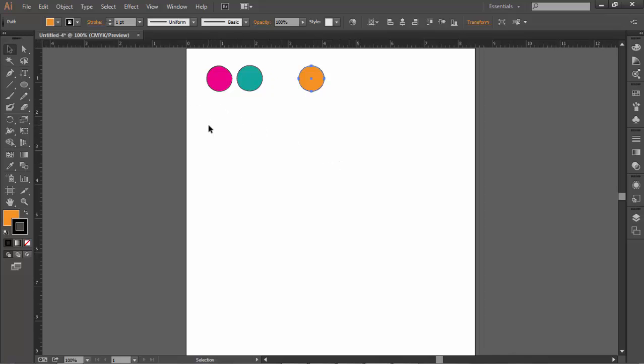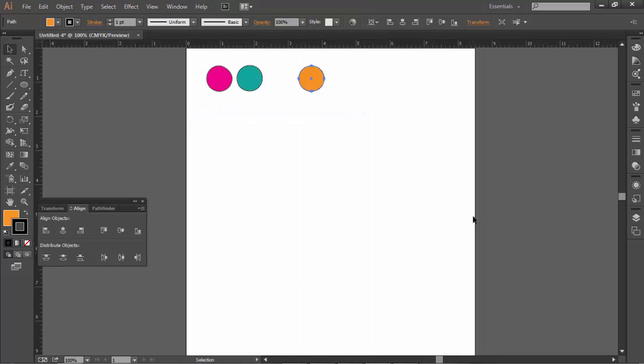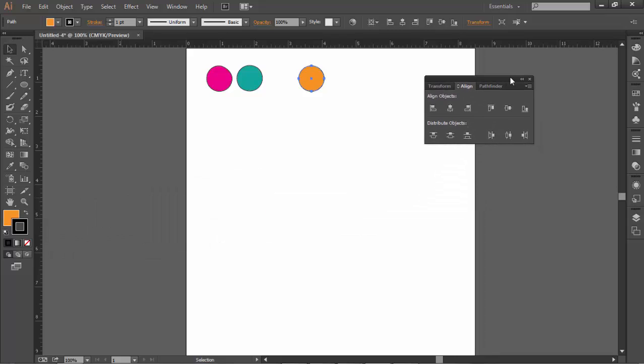One other item that I can do, under window we have an align panel, and so this align panel allows us to organize our objects, align them. So one of the things I don't see at this point are the extra options. In this case, I'm going to use my drop-down menu and do a show options. So this is where I can tell it what to align to, whether to align to the selection or to the artboard. So I'm going to choose selection,